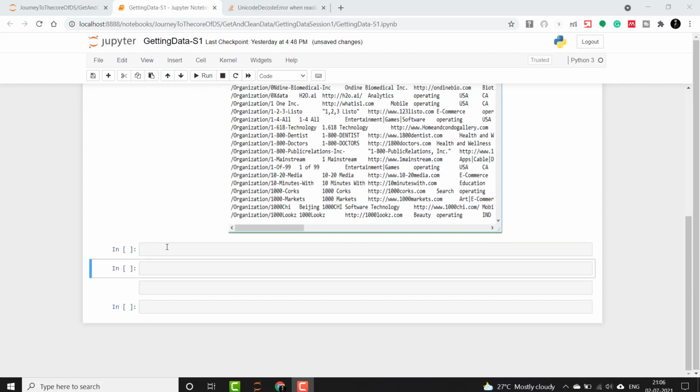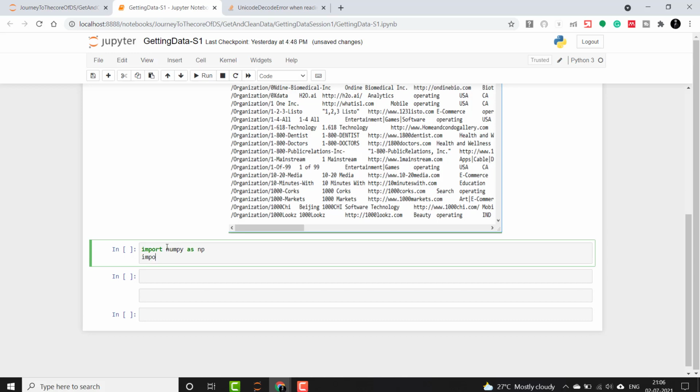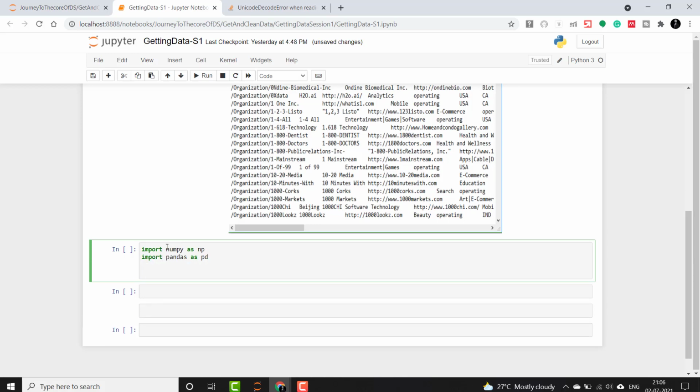Now let's try and read that file. Okay, so what we'll do is import numpy as np, import pandas as pd, as we have always done, and we will use this companies data frame.